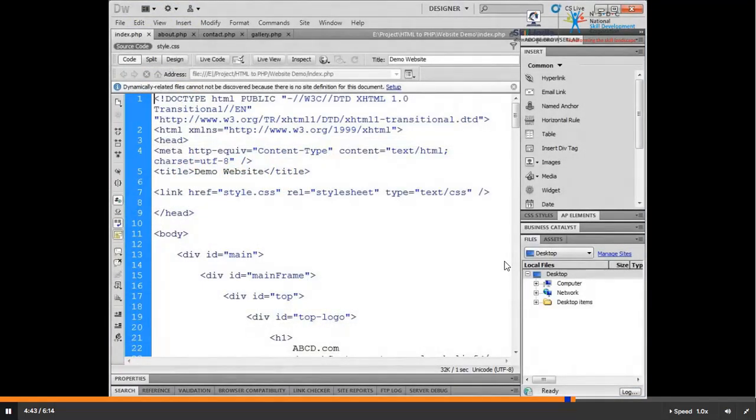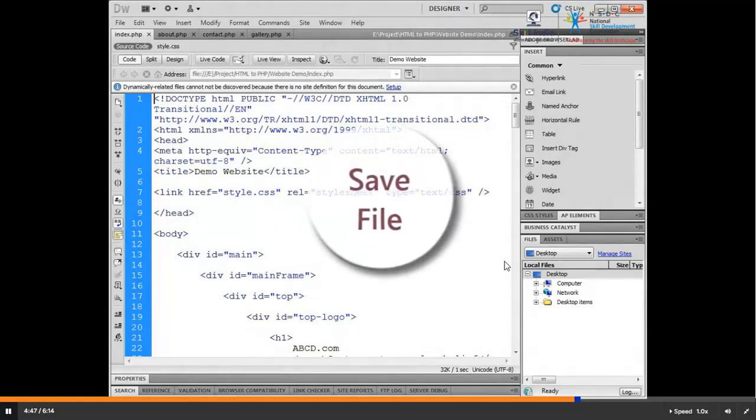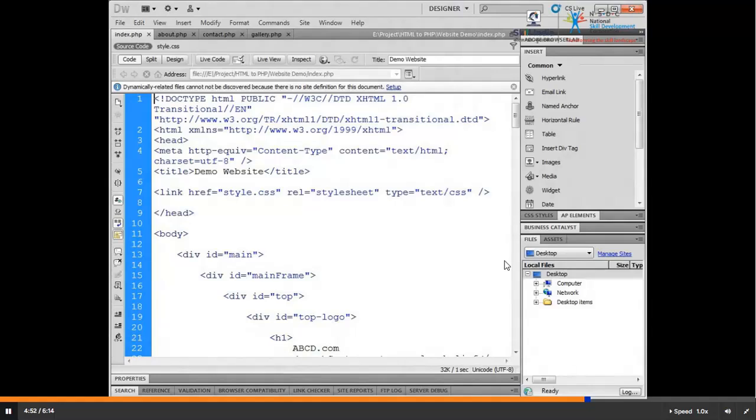The only thing remaining is saving and running the files. Saving is quite similar to what we have been doing so far. But how about running PHP files? You double-click